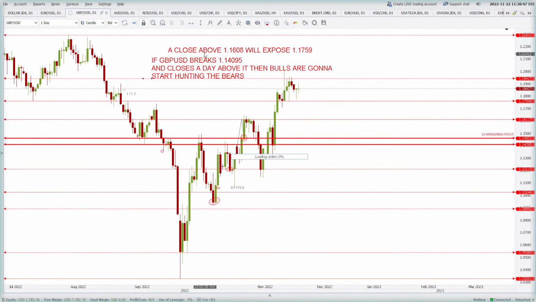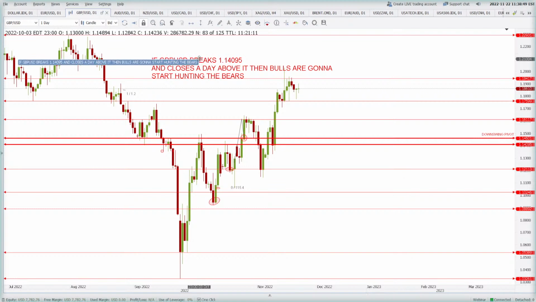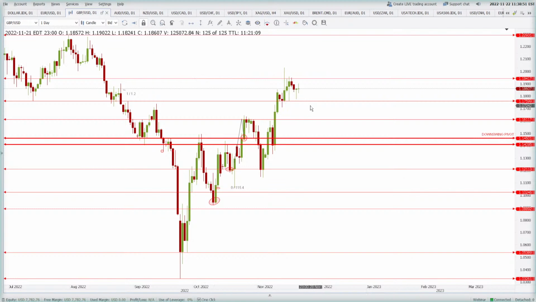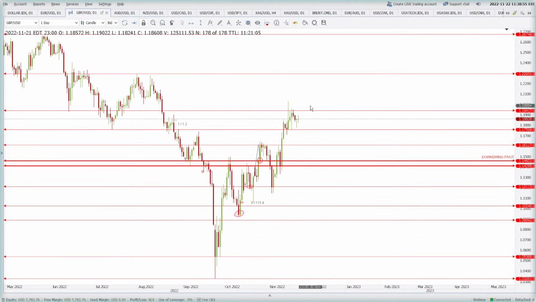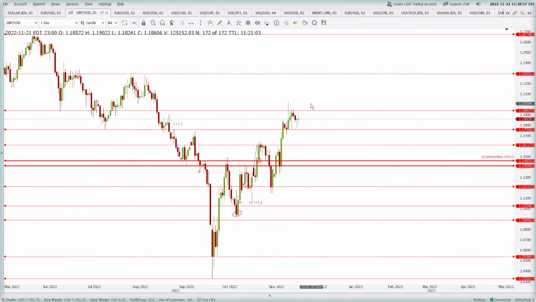Let us see if the pound still has a bearish or bullish scenario. Now the downswing pivot has been taken out, the price has taken support at the higher level, it has started making higher highs and higher lows. Now the price is looking for a higher low here. All right, if the price is looking for a higher low, then